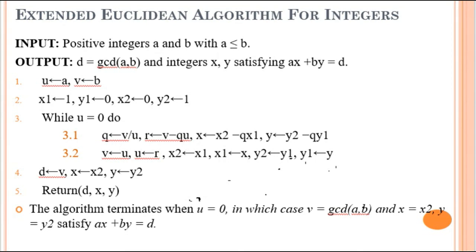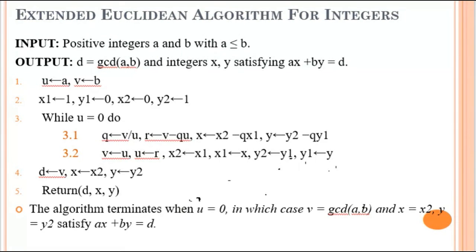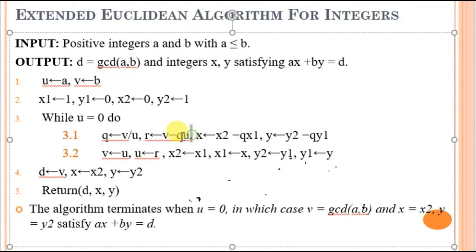So here there are 5 steps to solve this algorithm. Here the value of a is assigned to u and the value of b is assigned to v. Similarly, 1 is assigned to x2, 0 to y2, 0 to x1, and 1 to y1. And this loop continues until u equals 0. So v divided by u is assigned to q, and the value of v minus qu is assigned to r, and the value of